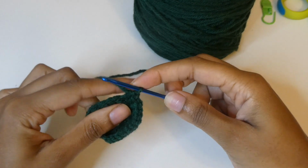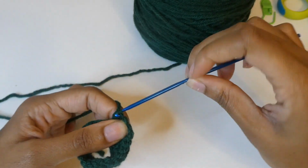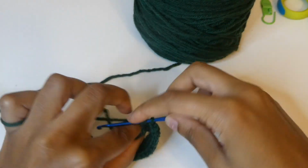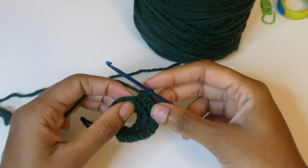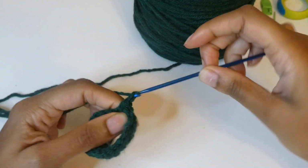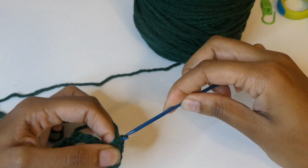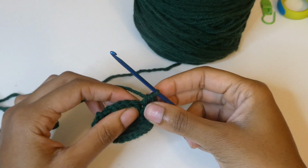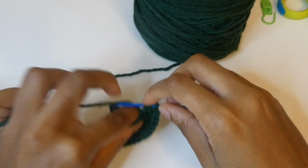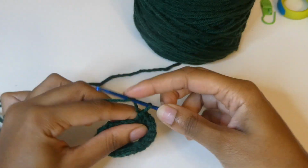Yarn is splitting on me. 2. And then we're going to do another increase, so half double crochet, chain 1, half double crochet in that same stitch, and then 1 half double crochet in each of the next 3 stitches. 2, 3,